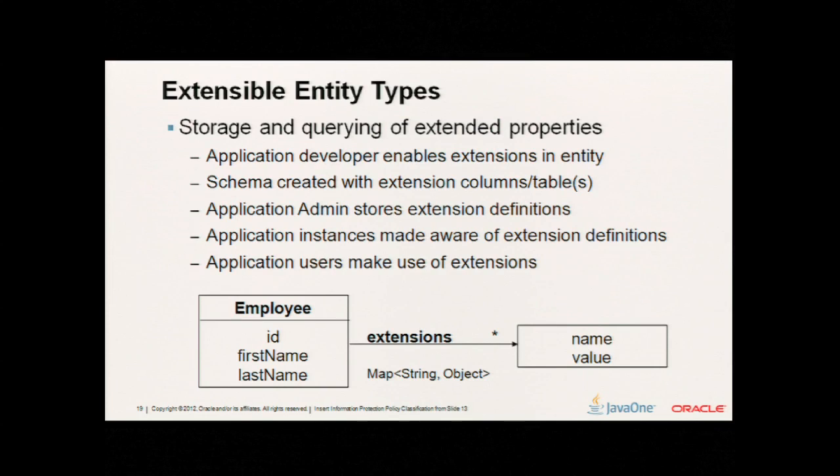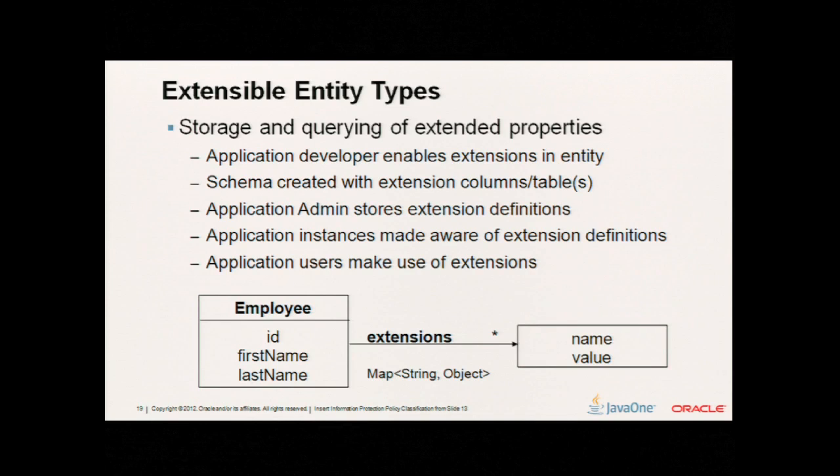The second piece of this is a little more common, and we've been dealing with this. I've been working on TopLink now for a little over 15 years, and this problem has always come up. I write an application. I have all my attributes. They map to certain pieces in the database, but certain types of applications need to be more flexible. What they want to do is allow you to configure additional properties that I can use later